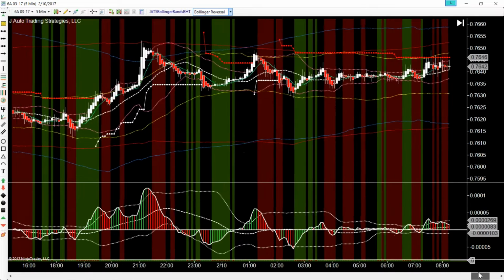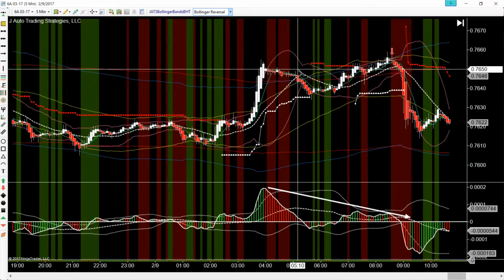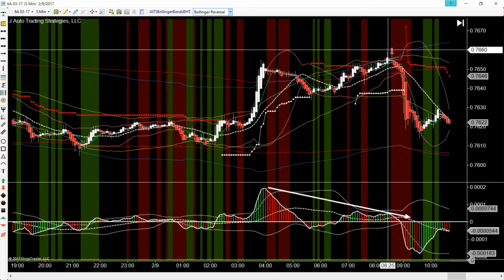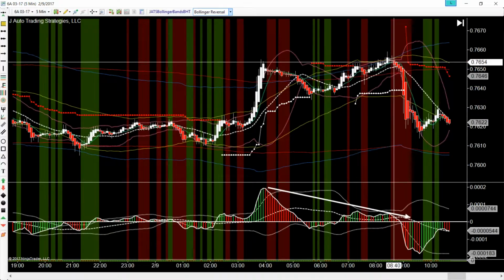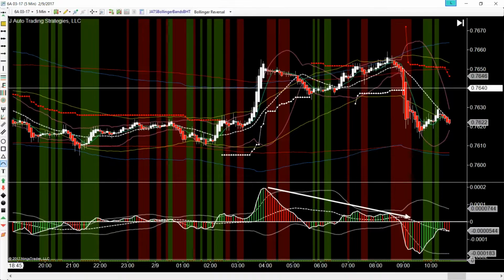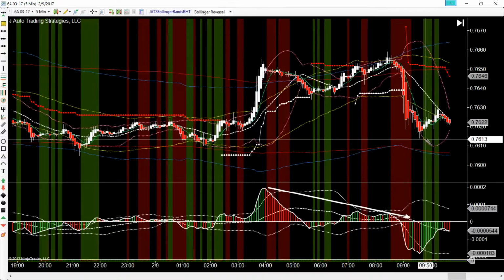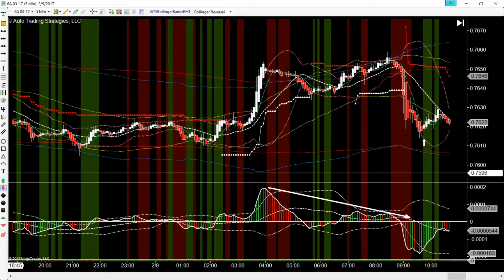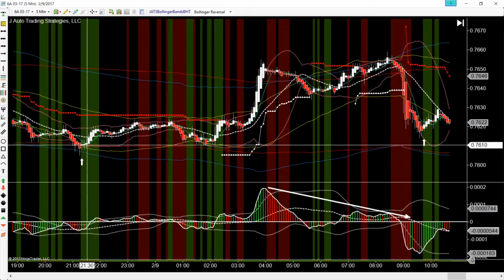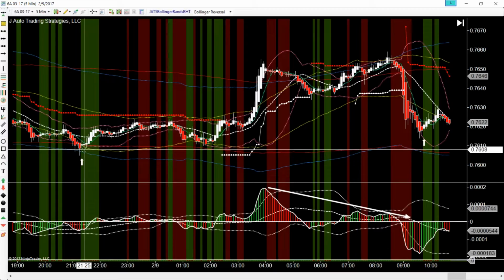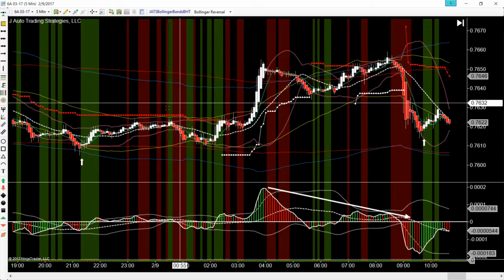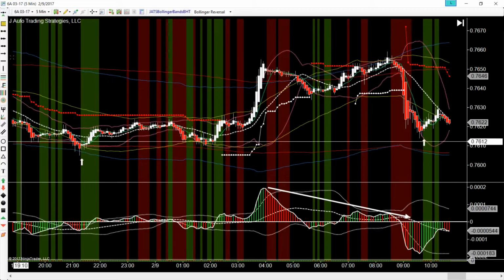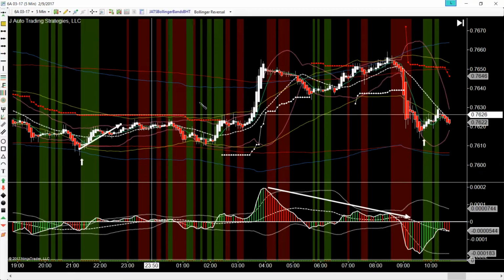We are in primarily an uptrend in this market. Another thing I don't like doing is counter trend trading in a strong uptrend. So I prefer to use my reversals to the upside, especially on a 5-minute chart. Anytime I can get in a reversal on these bottom bands, that is ideal. And that way you can hold it to the opposite band like you see right here